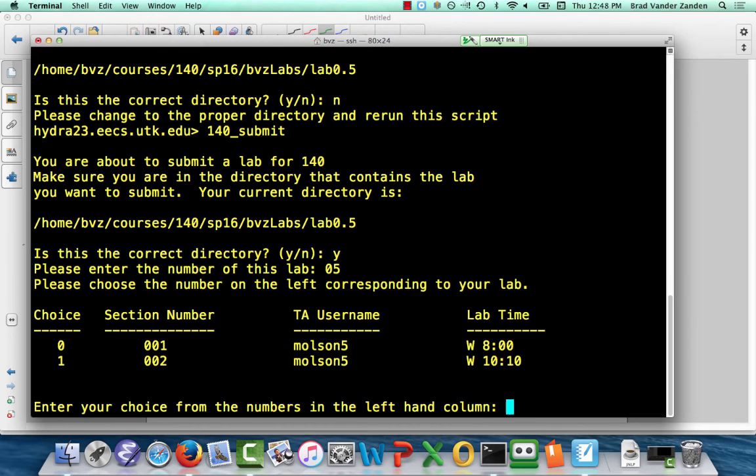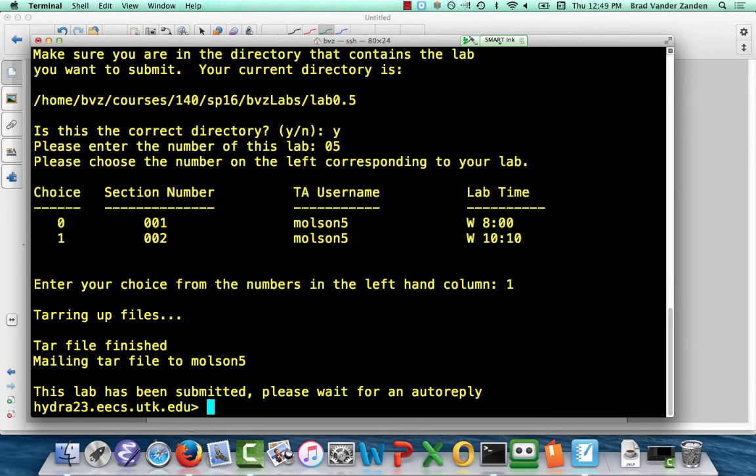When you do, it will then ask you for your section number. There's only two sections. You're either in the 8 o'clock or the 10 o'clock. But the choices are numbered starting at 0, being good computer scientists. So actually, if you're in the 10 o'clock, you would put 1. And that's it. It tells you that it's tarred up, it mailed it, and that it's going to receive an